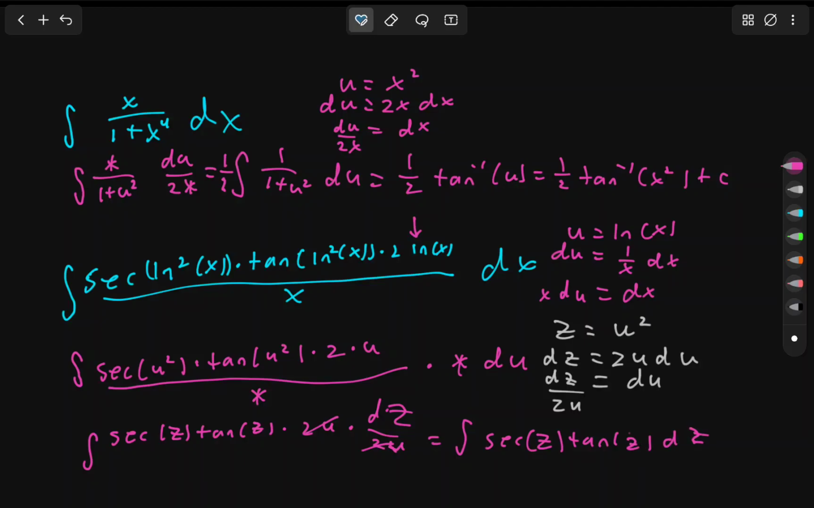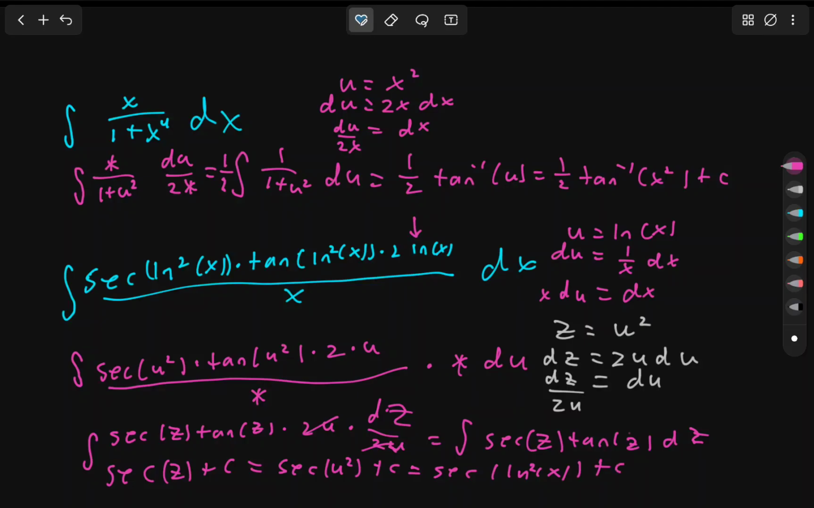Dz. Well, this expression here is the same thing as secant of z plus c. Well, secant of z is the same thing as secant of u squared plus c. U squared is the same thing as the natural log. So we get secant, or sorry, not secant squared, secant of natural log squared of x for our answer to this antiderivative,